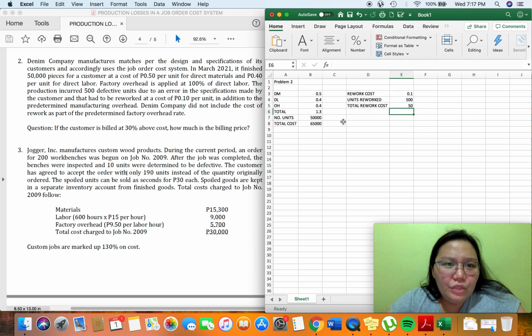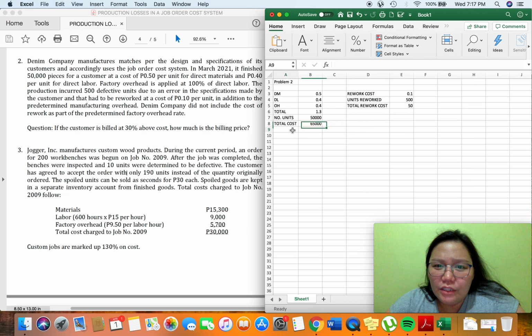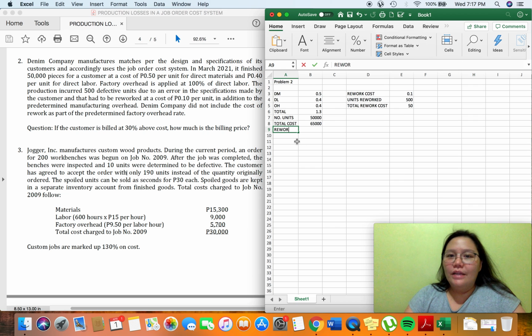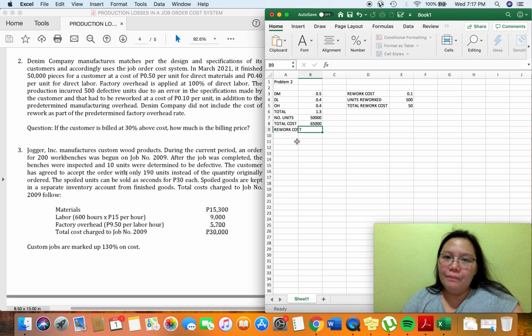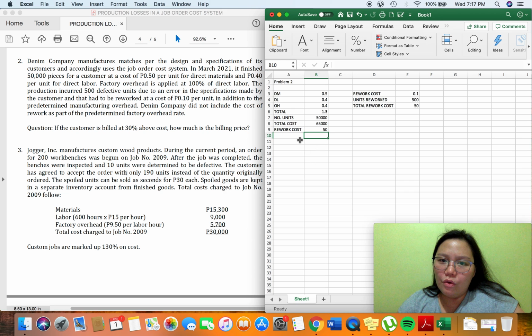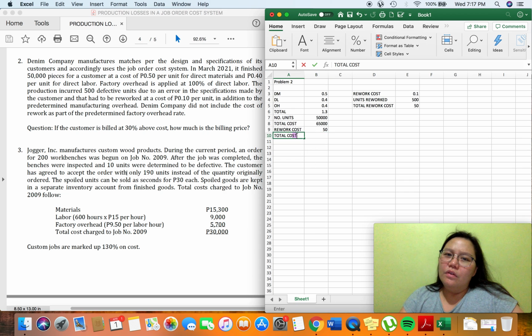Okay? So this rework cost will be added to the total cost of this job, diba? Hindi naman binanggit kung ano yung job number niya. So we have to add the rework cost, which is equal to 50. So after the rework, the total cost of this job is now equal to